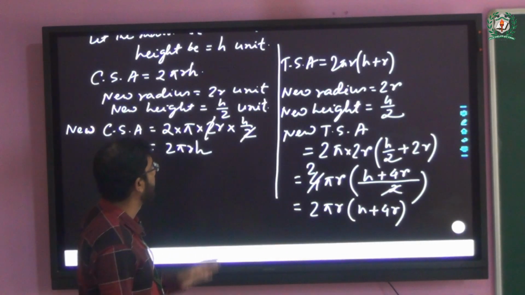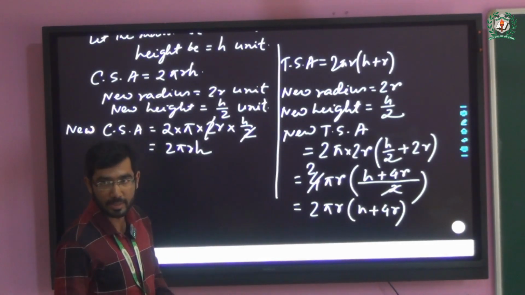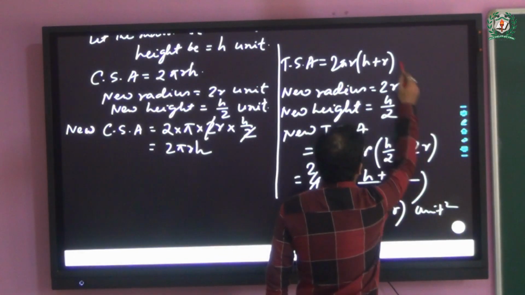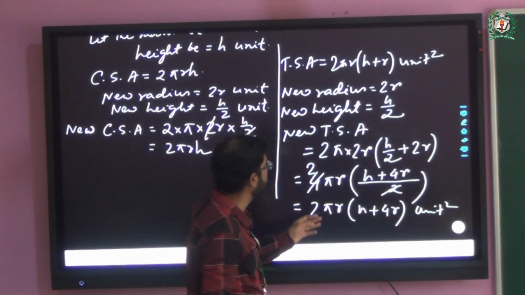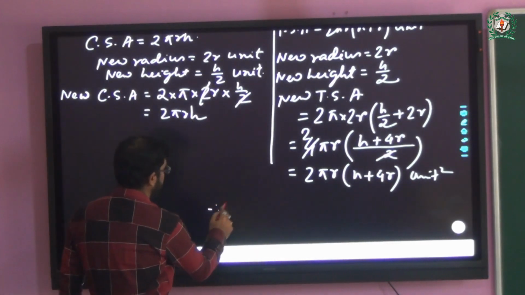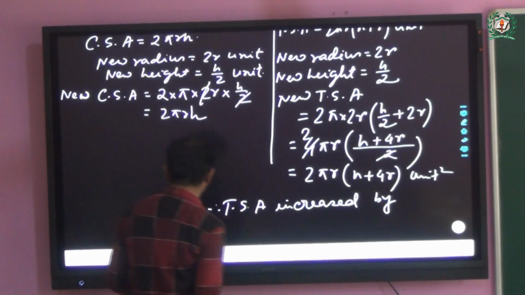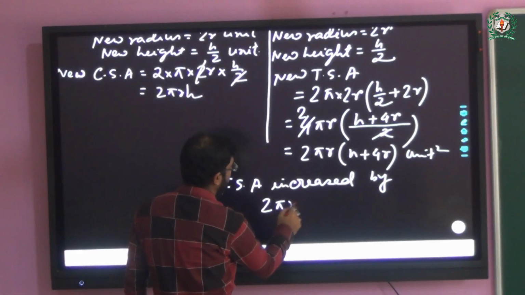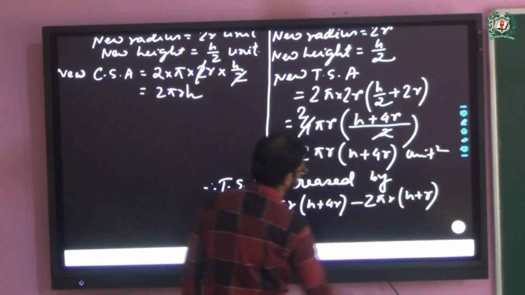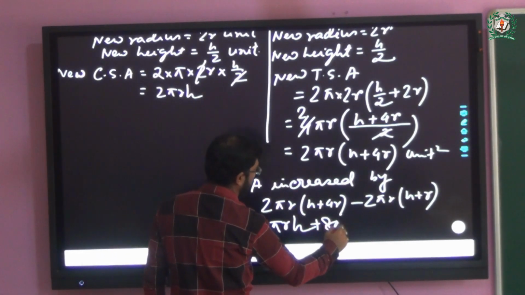So what do you think, has the total surface area increased or decreased? Increased. So how much has it increased? How to find? We will subtract this area from that one. Here we have this much unit square, here also this much unit square. So you are saying that the total surface area has increased. So how much has it increased? Therefore TSA increased by 2 pi r into h plus 4r minus 2 pi r into h plus r, that is 2 pi r h plus 8 pi r square